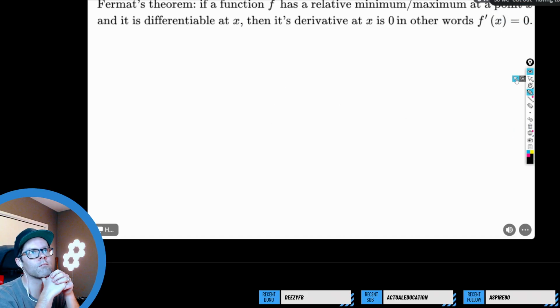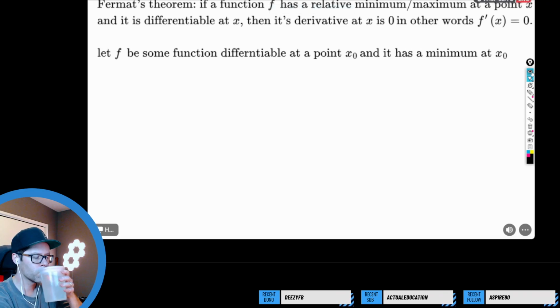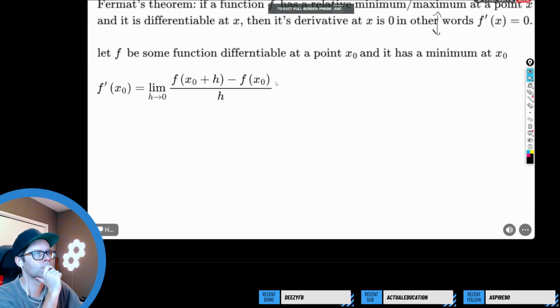Now, the proof is not that hard. I will show the minimum case, but the minimum and maximum cases are close enough that this will be enough. Yet again, I will use h goes to 0,